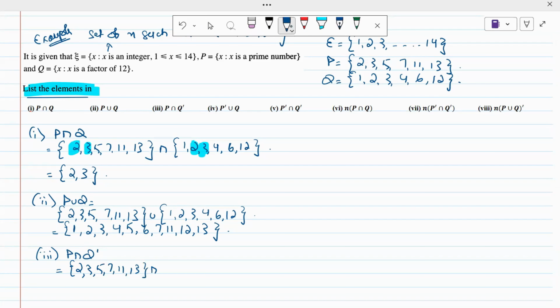Intersection Q complement. Now, for Q complement, we already have the set Q with us. If we have to find the Q complement, it means all the elements other than Q. So we have to remove Q from the universal set. If we remove Q from the universal set, we'll have the elements as